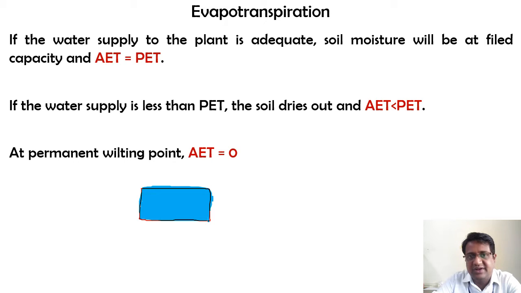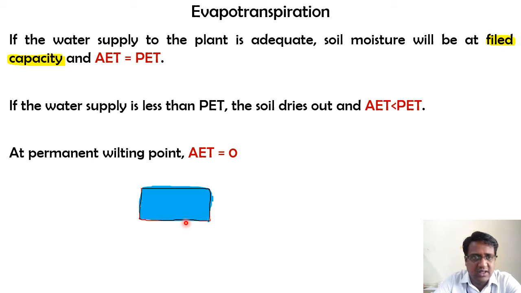Whenever I say things will be at field capacity, this field capacity does not mean 100% water, no. Field capacity is nothing but the amount of water that the soil can withhold within itself against the force of gravity. For various soils, this field capacity might be 80%, 85%, 90%, and so forth. That moisture content might be varying. Just for the sake of simplicity, I am putting all that blue colored portion to show it as completely saturated, or at its field capacity, just for the sake of explanation.